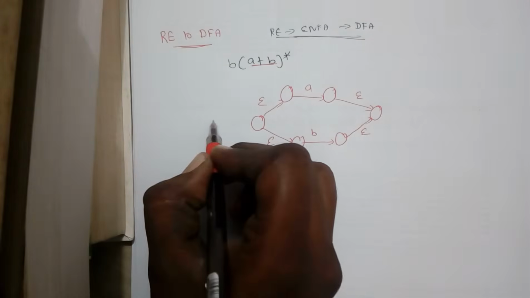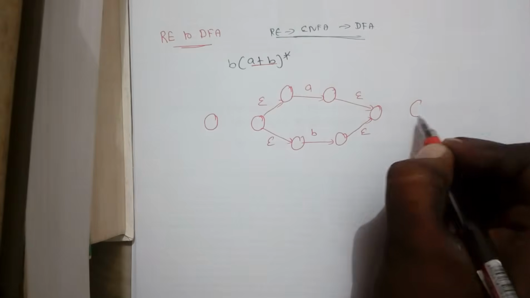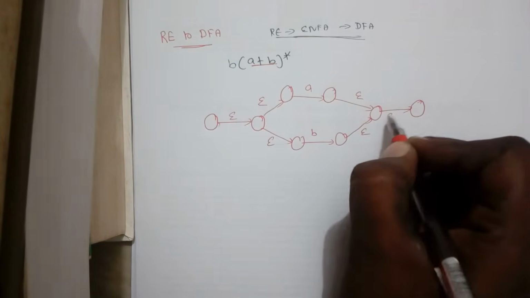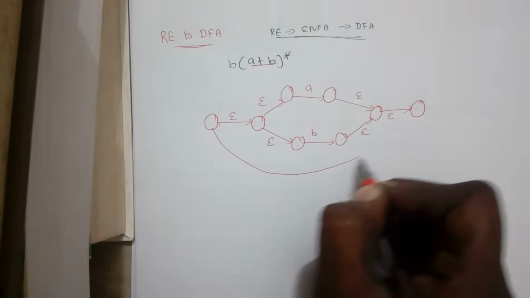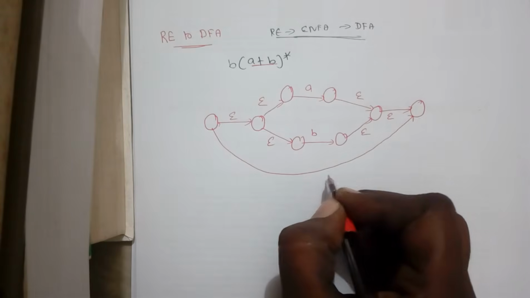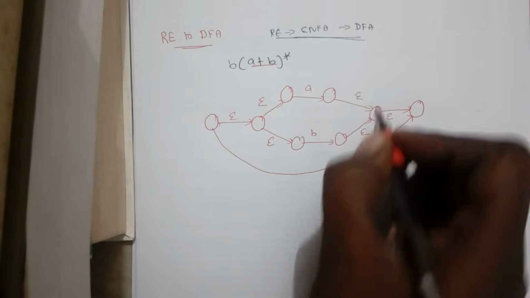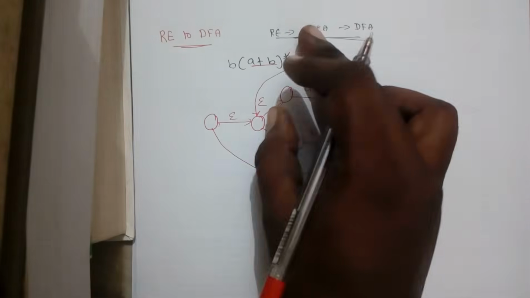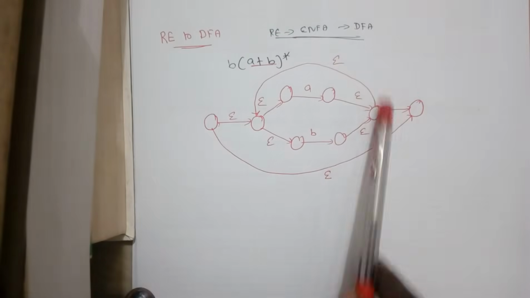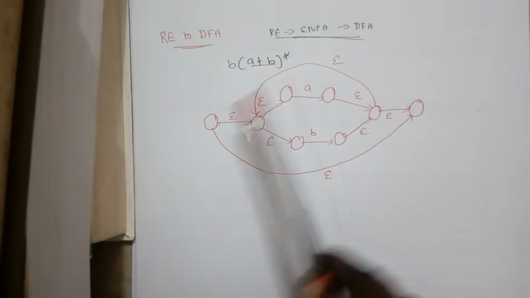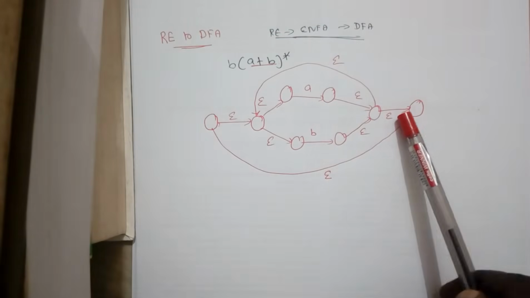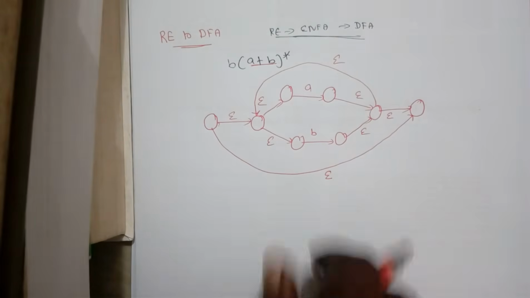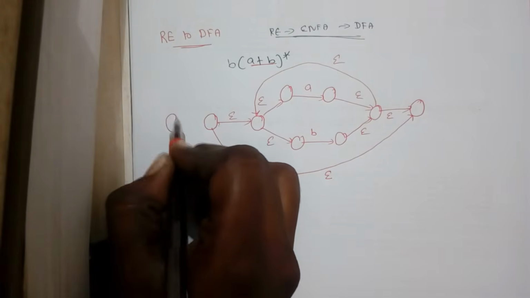This is the epsilon NFA conversion for a+b, and for (a+b)* we have to add one state prior to it and one state after that. Using this epsilon transition we have to concatenate it. And for this empty transition, when it is a star, it includes epsilon or a single transition or any number of iterations. So this loop describes n iterations of a+b, and this denotes an epsilon transition.